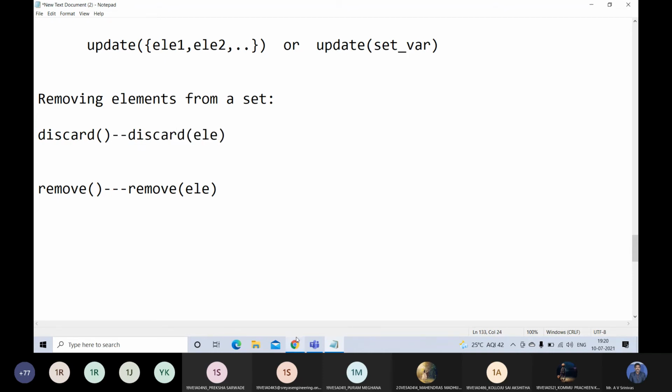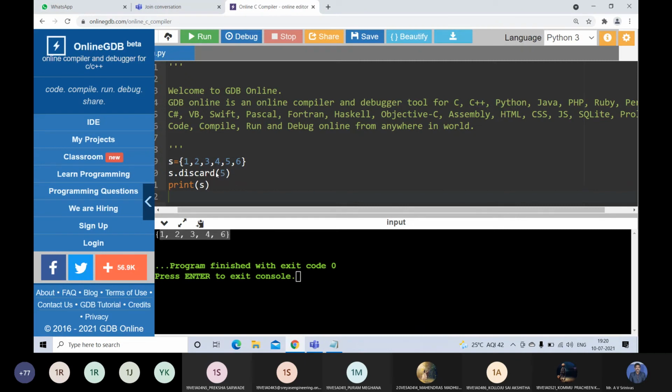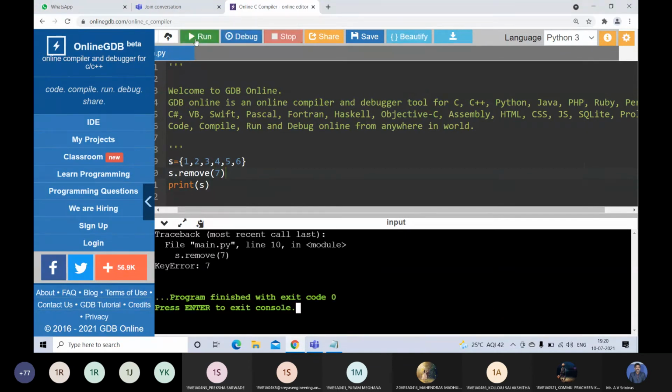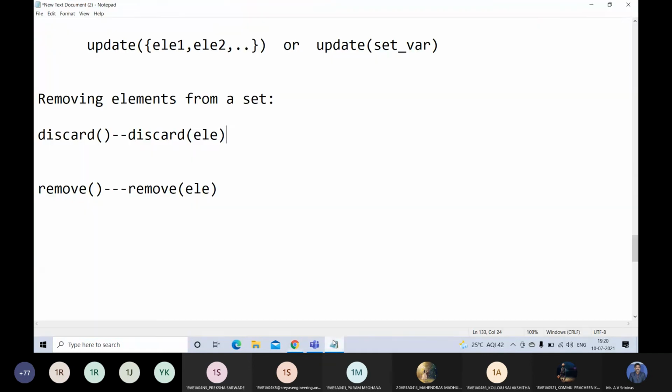So here I can write remove of 5. So I will get 1, 2, 3, 4 and 6. Okay, then see the difference here.